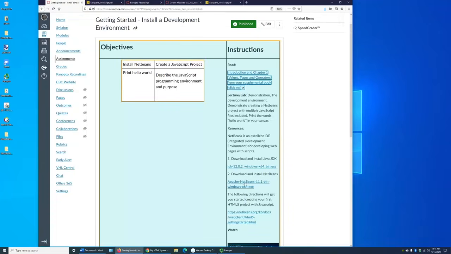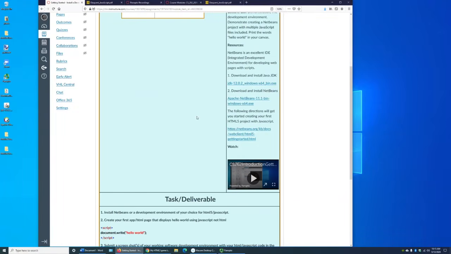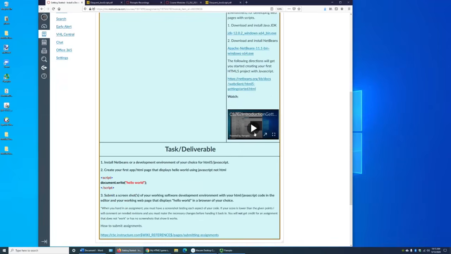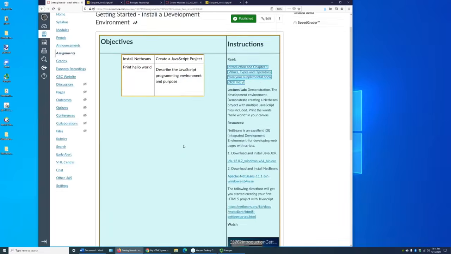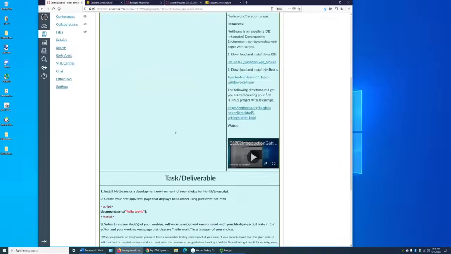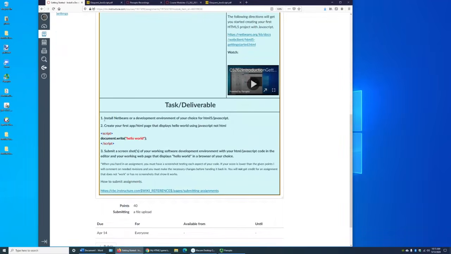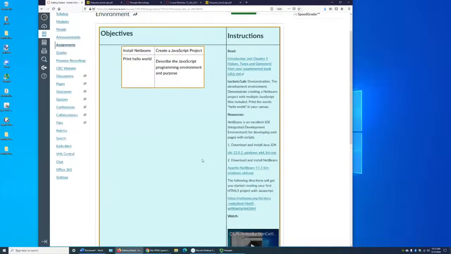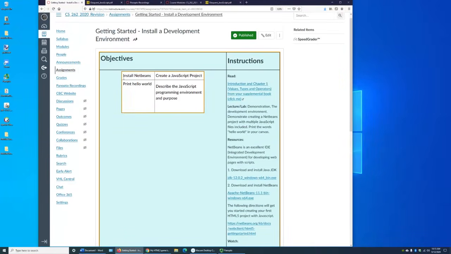Then I have the objectives, and then I built them a template. This is the first one, but the video right here actually instructs them on how to meet these objectives, and the assignment they are given shows me that they've met the objectives that I've outlined and given them instruction on from the video.